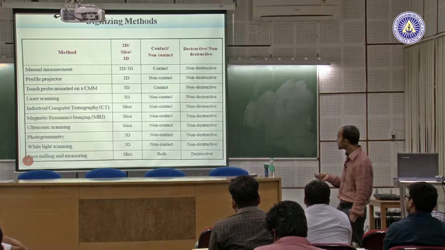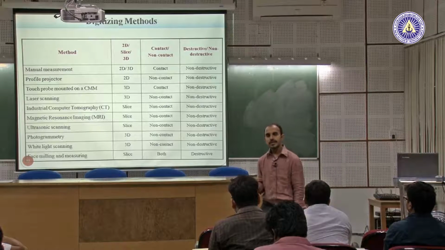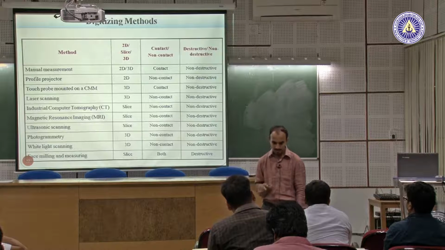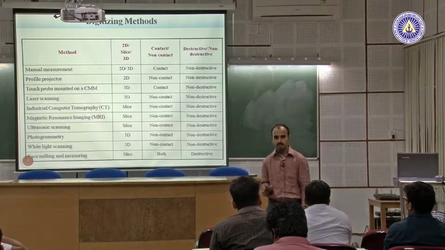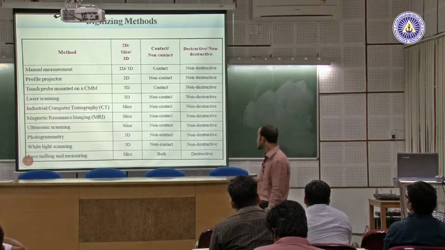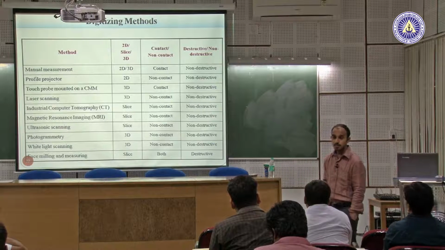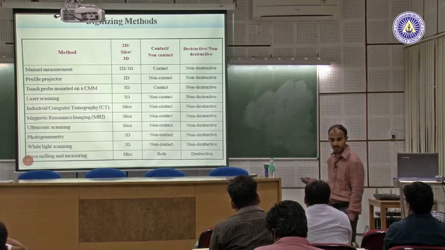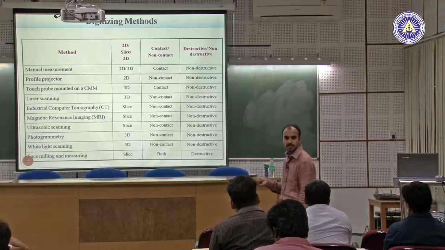These are different designing methods, with contact and non-contact types. Contact type methods have some advantages: they have very high accuracy, but they take time and also require labor. Non-contact types are less accurate compared to contact types, but they are very fast to use. These are the different designing methods we can use in reverse engineering.